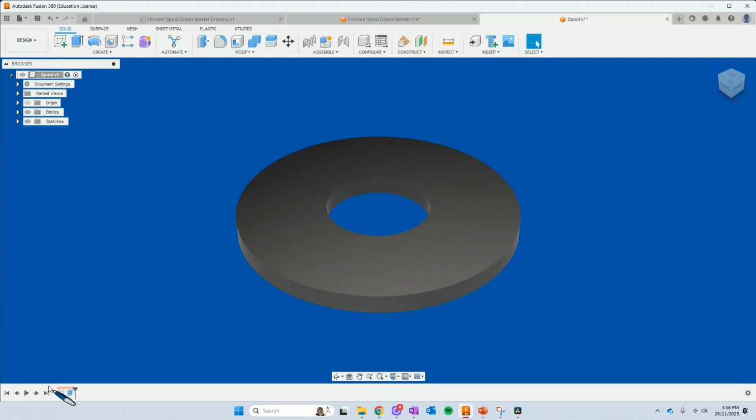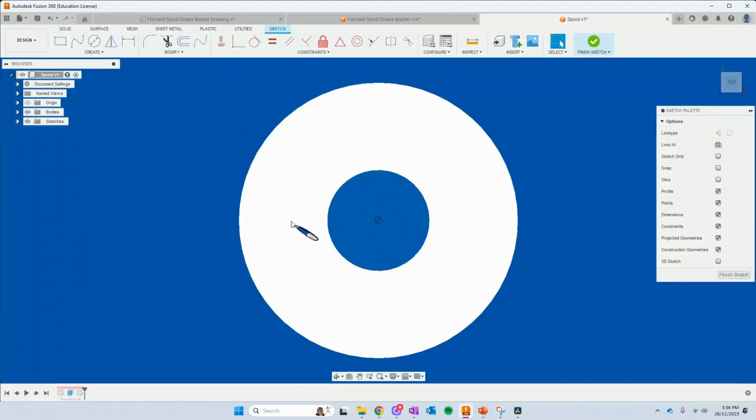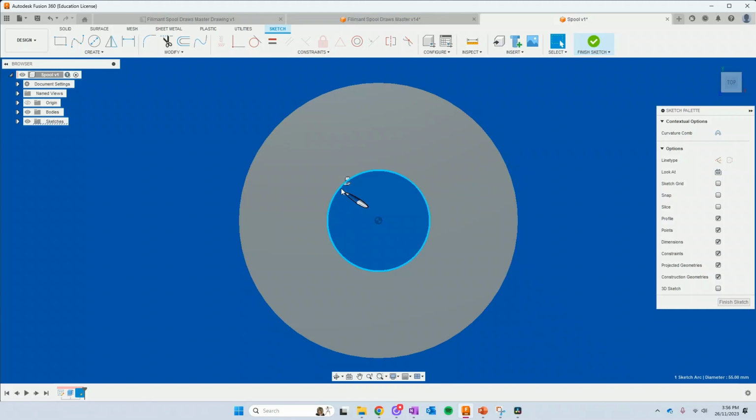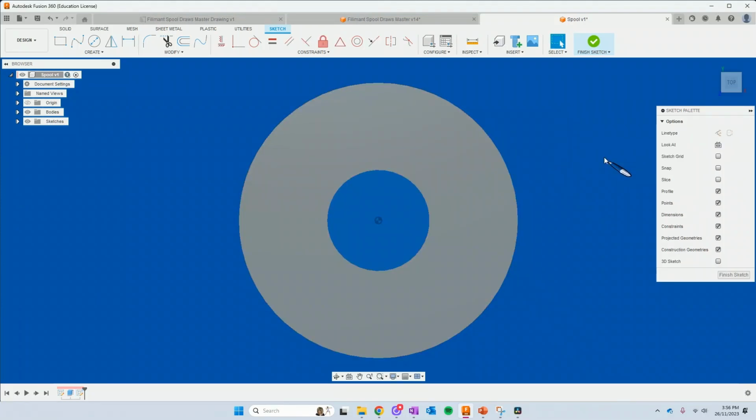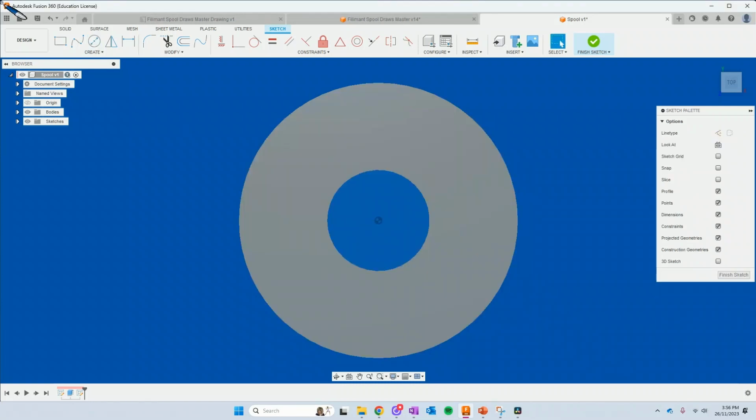So I will repeat that for my inner wall. I'll create a new sketch on this surface, and I was going to say I could project here, which actually I probably will, because I'll use this to create an inner to outer. So I'll just do a P for project, and that will project my inner hole, and then I'm going to draw another one which will be a little bit bigger, and on this, actually I won't put a dimension on this as yet, I'm just going to leave it blank, so I'll just redraw that,